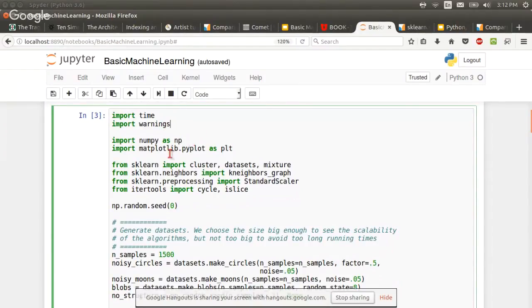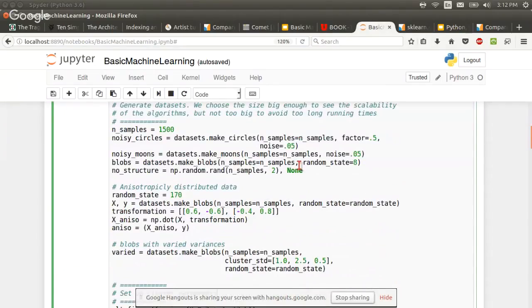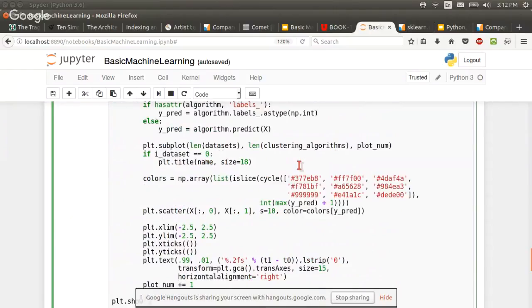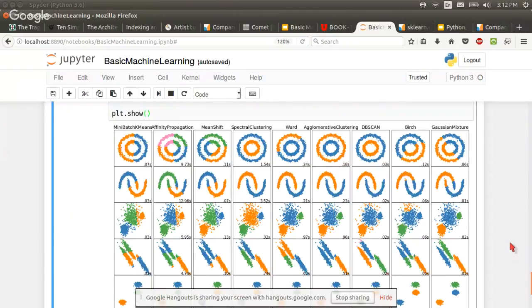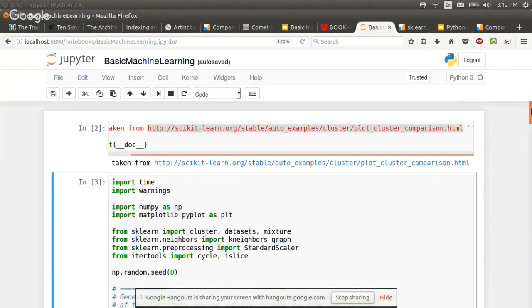We import NumPy, matplotlib, and then here's where the rubber hits the road. From sklearn, you're importing these libraries called cluster, datasets, and mixture. And this is an interesting part to me. This is where they're generating, like if you don't have a real data set to work with, you have to make a fake data set. And if we remember down at the bottom, each one of these horizontal rows is a different data set. And so just remember here, the first one is two concentric circles, the second one is the moons. They have some pretty cool names for all this stuff.